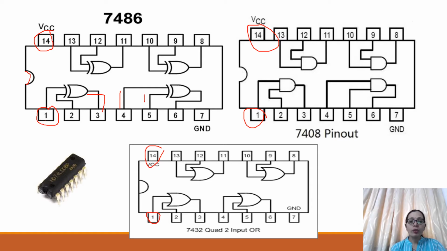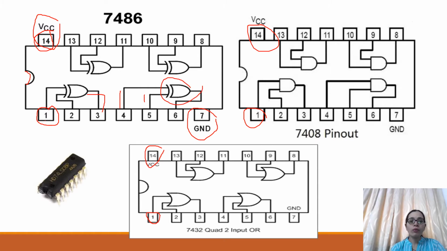As I have mentioned, to enable any IC, two supplies must be given: one is ground and one is VCC. So from where will we give this ground and VCC? First we will take the power supply, VCC and ground, on the breadboard, and then using single strand wires, we will give this VCC and ground to the ICs using the breadboard. These are 2 input ICs. Therefore, each gate has 2 inputs and 1 output.